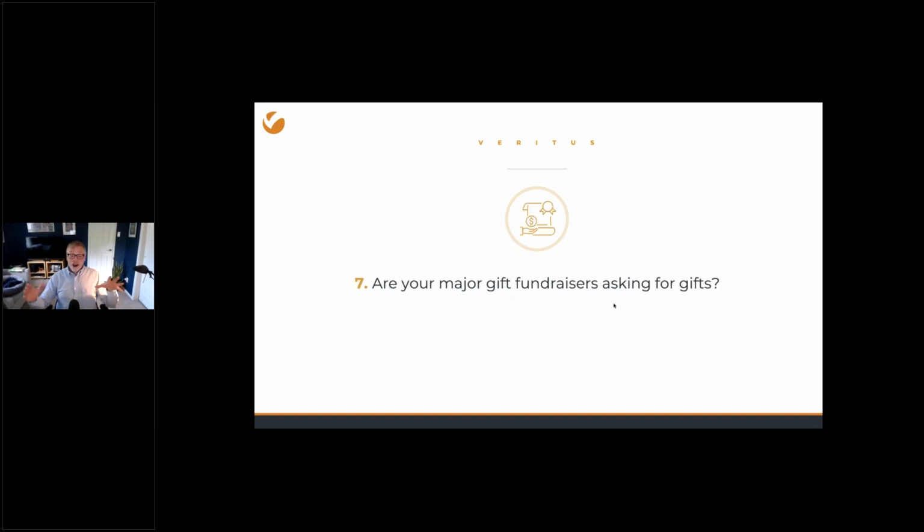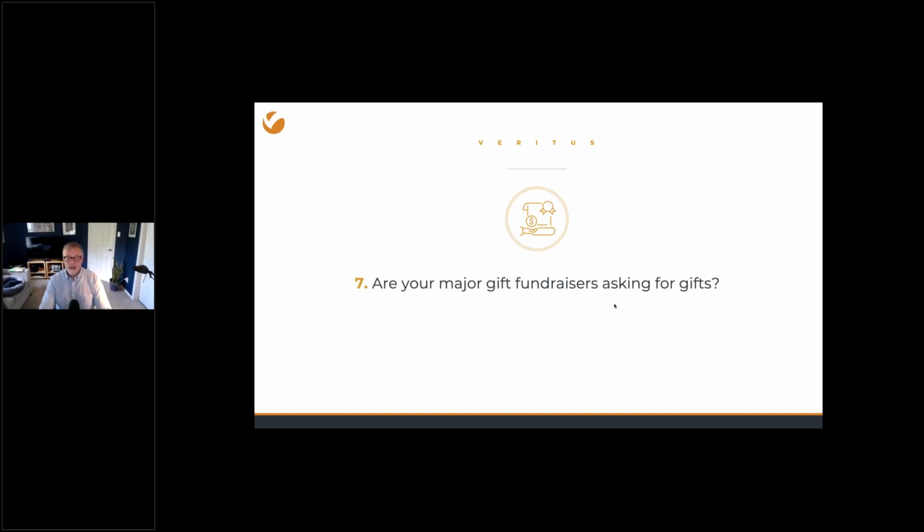Number 7, are your major gift fundraisers asking for gifts? Now you might be thinking, well, of course they are. Isn't that what a major gift fundraiser does? Well, you would think so. But being in this world for so long, you would not believe how many major gift officers have never really truly asked a donor for a significant gift. They've done great on stewarding people,